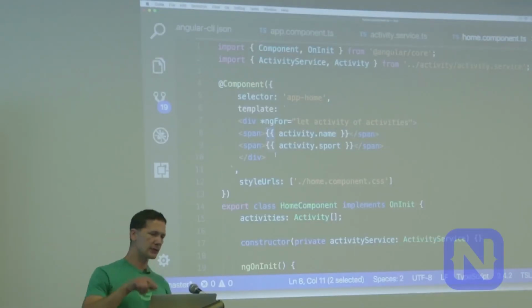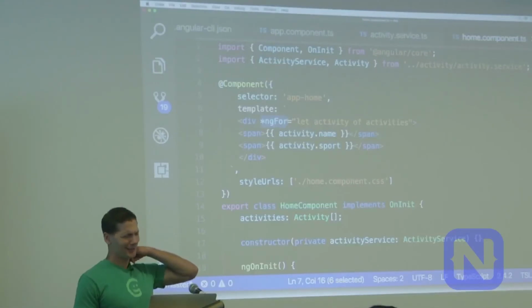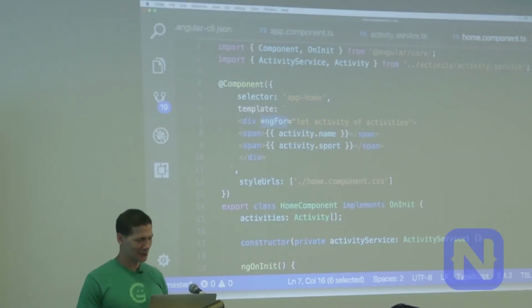It's kind of one way underneath the scenes still. The other thing is I'm using ng4 here with the star. There's a whole history of some of the syntax, which is kind of excruciating to get into. But the basic syntax within an attribute is either star for any templating based thing like ng4, or